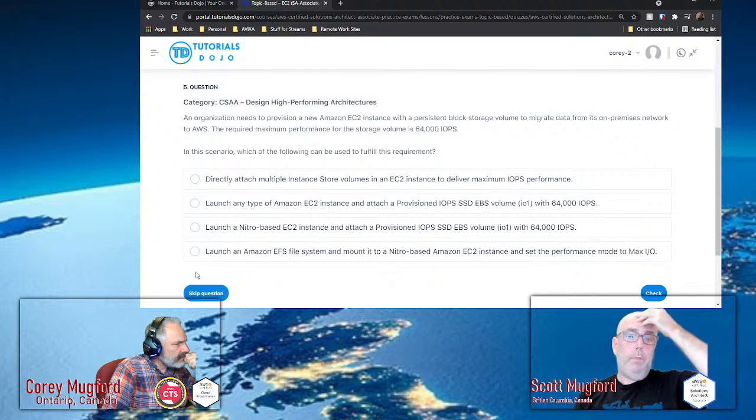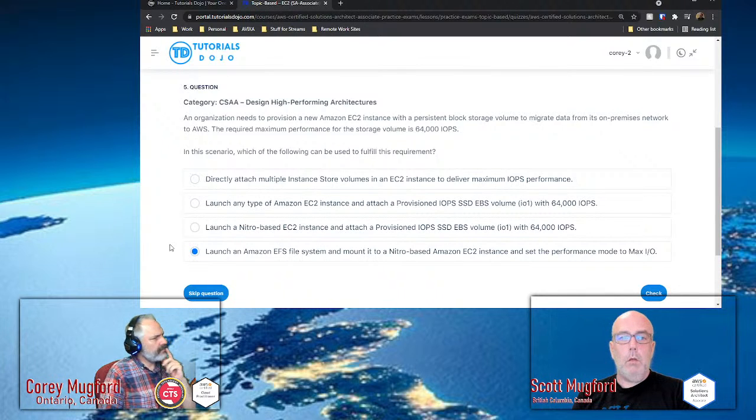Who wants persistent block storage volume to migrate data from its on-premise network? Yeah, I don't think it's EFS.